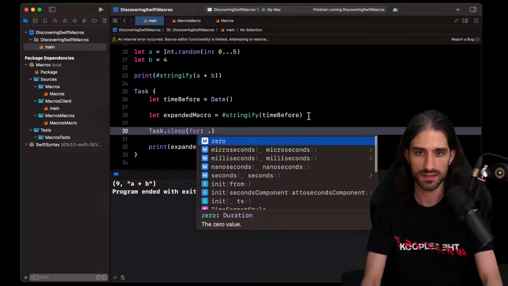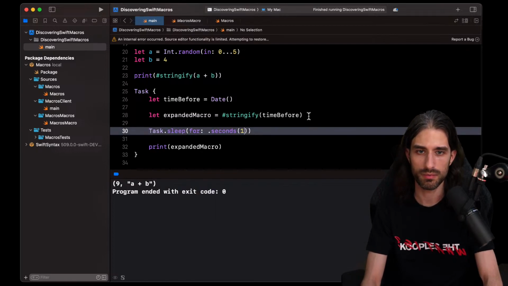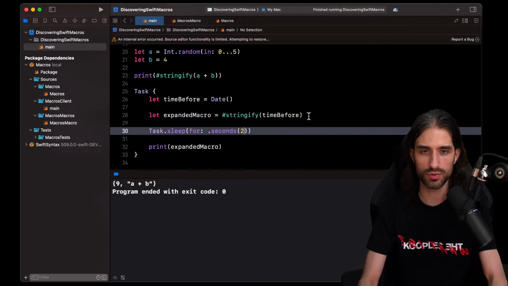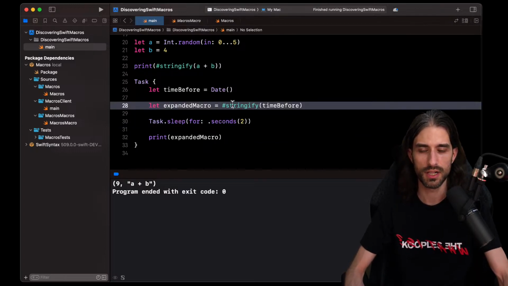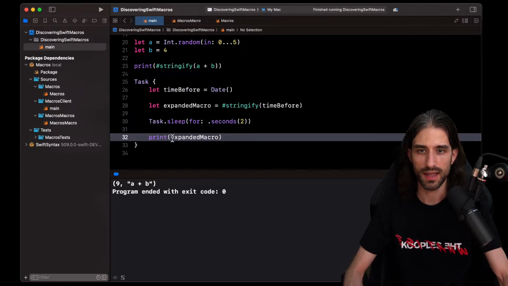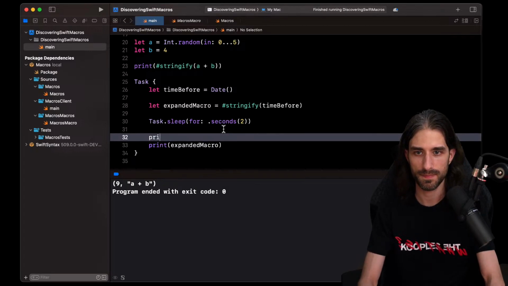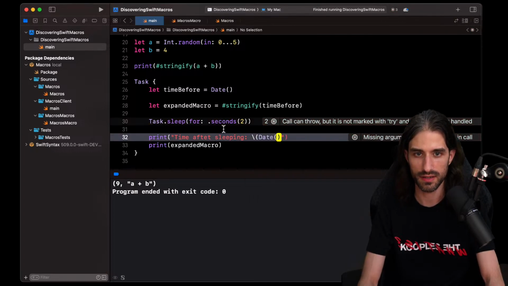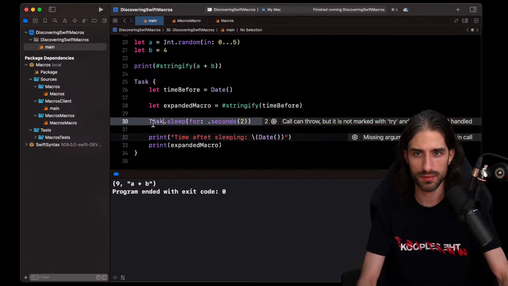Is it like this? Yeah. Let's sleep for 1 second, or even 2 seconds, so that you can see a big difference in the date. Okay, and now let's print a few things. So let's print time after sleeping, and here I'm going to put just the time right now.